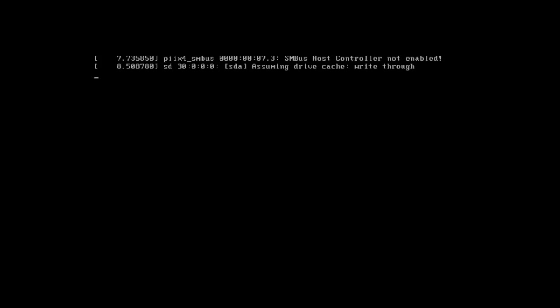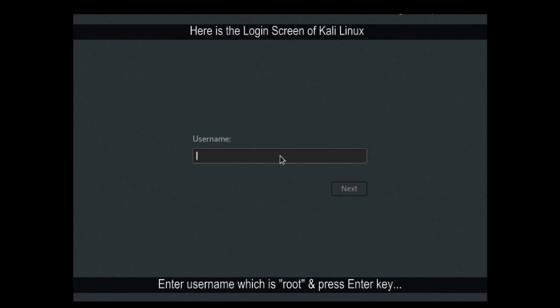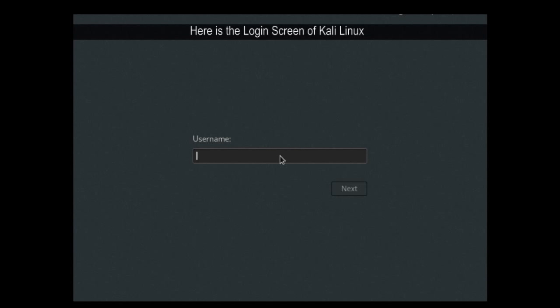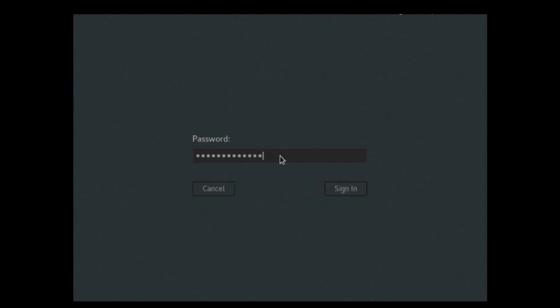So this is Kali running for the first time on my system. Wait till Kali completely boots up, because this is the first time Kali is booting, so it will take a little time to boot up. Okay, mouse cursor is here. Now Kali is booted. Enter username as root, R-O-O-T, root. This is the administrator account. If you want to create a standard account or any user, you can create it from Kali's user account management